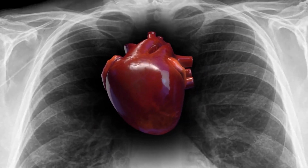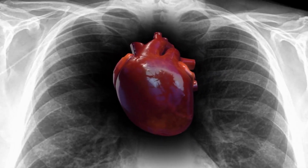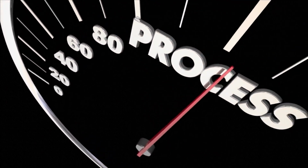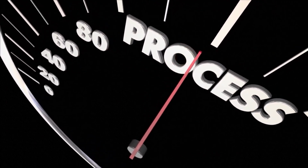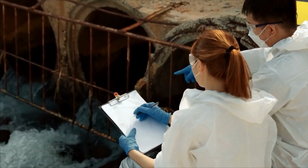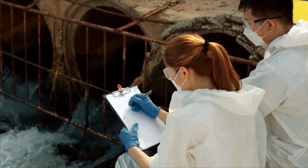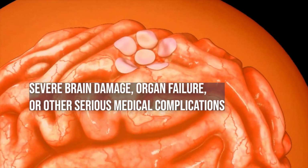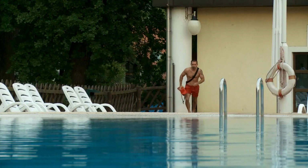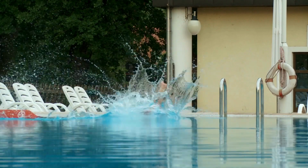The cells in the body begin to break down, and without oxygen, the body cannot generate the energy needed to keep the organs functioning. This leads to a buildup of waste products and toxins in the body, which can cause further damage. Once a person has entered the biological death phase, there is no coming back. This means that, unfortunately, even if the person is eventually rescued and revived, they will likely suffer from severe brain damage, organ failure, or other serious medical complications. It's important to note that the window of opportunity for resuscitation is very small, and prompt action is necessary to